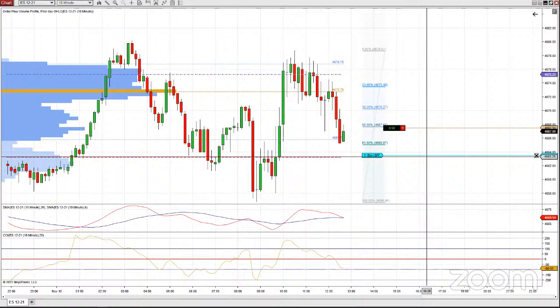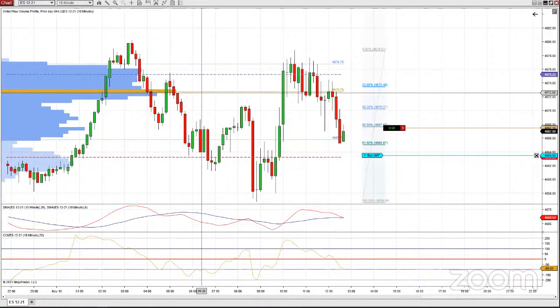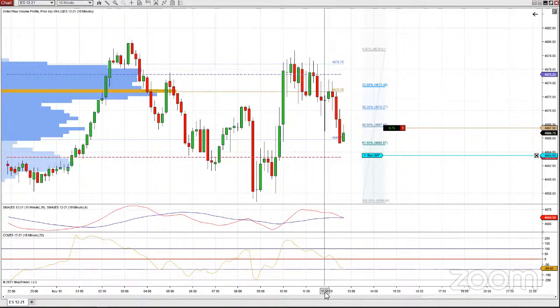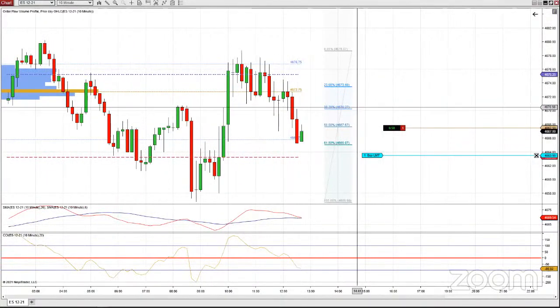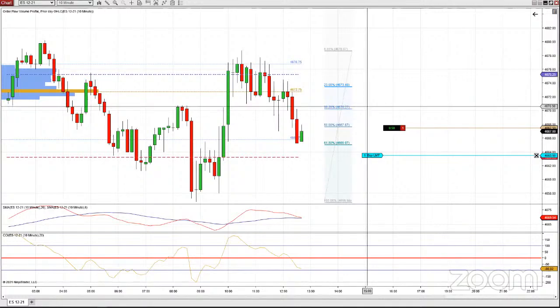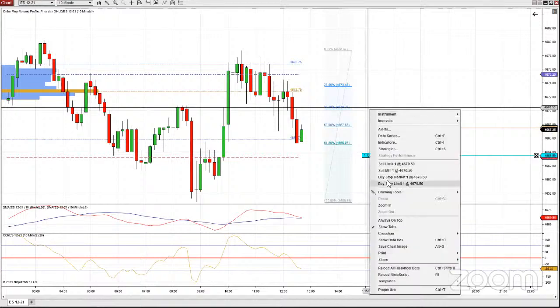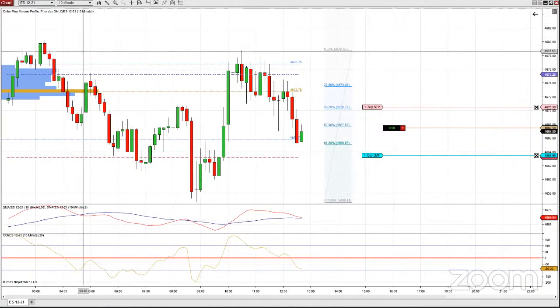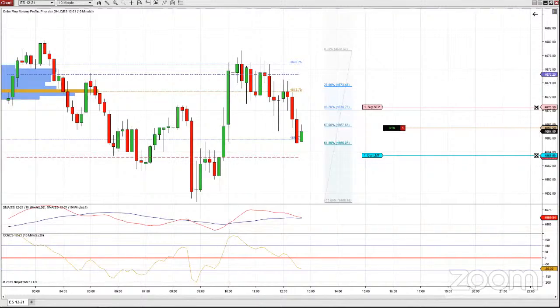Now, the other side of the trade is, hey, Jim, where do you want to put your stop loss? I know I'm kind of going against the idea that this point of control acts like a magnet right now. So with that in mind, I want to be relatively tight on the stop, right? Then I want to use the wick of this previous candle here and say, I want to be above that wick, which corresponds to 38.2%, which is nice. So I'm just going to right click right above it, and I'm going to put a buy market stop. So that's the anatomy of a trade setup that we came up with using these 5 indicators. Maybe they're good, maybe they're bad. I don't know. We'll just play it out and see what happens.